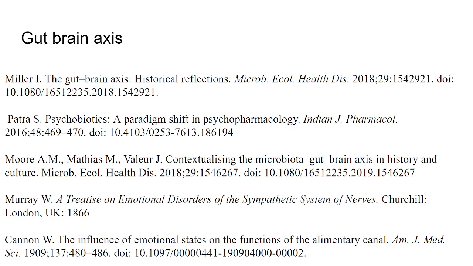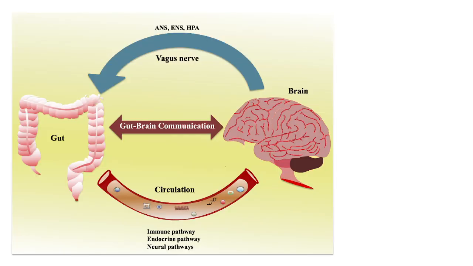But in summary, the gut-brain axis says that there is an interrelationship between the nervous system and the intestines, the colon as such. That's the basic theory, the whole idea. In brief, there is a very direct relationship between the gut and the brain. So all your activities, the autonomic nervous system, and hormonal as well as the circulation, immune pathways, endocrine pathways, neural pathways, they are interrelated with the gut and the brain, and different modes and different factors are studied in those research articles. So instead of going into the details of that, I would summarize this.